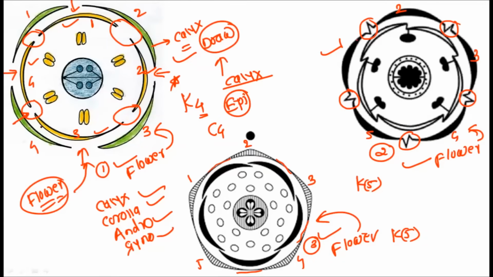So the second whorl is represented by the corolla, individual members are petals, right? How many petals are there? Four petals are there in this particular floral diagram. That is why C4 condition is there, and again the valvate aestivation is there because they are aligned in the same radii, right? Now observe this in the second floral diagram. See how the petals are there. See, this is the first petal. Let us first count the petals. 1, 2, 3, 4, 5. So here the number of corolla is 5. So C5 condition is there.